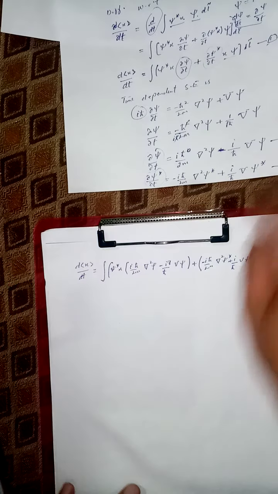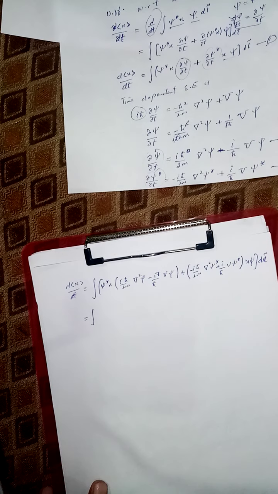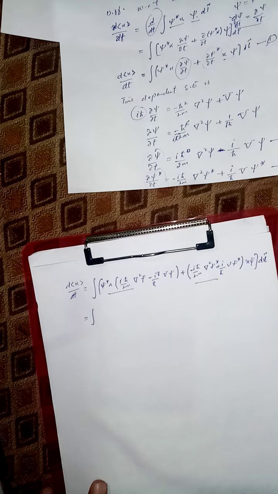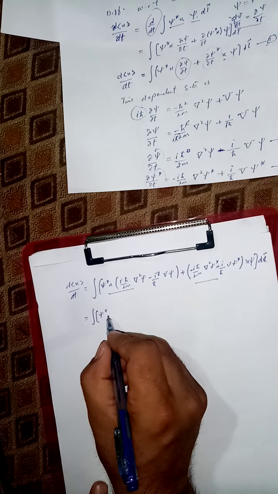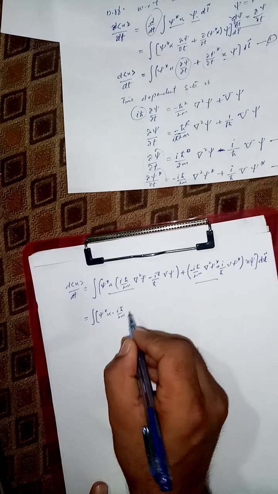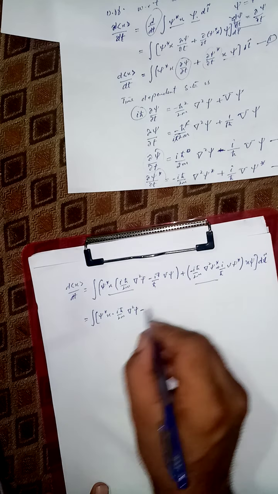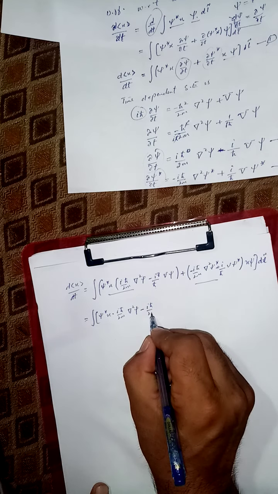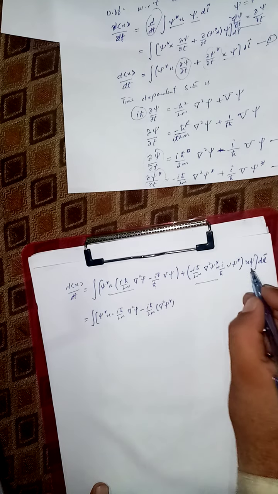In the last video we reached this point. So if I simplify it, I will separate these two terms and separate these two terms. So we have ψ* x into iħ/2m ∇²ψ, and I will bring these terms here, minus iħ over 2m ∇²ψ*. Okay, and we have xψ,